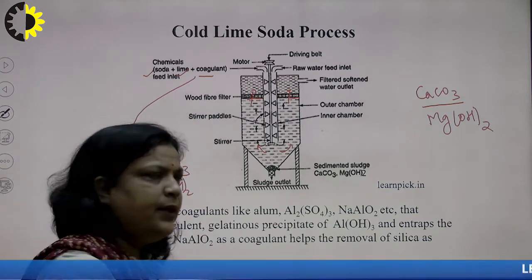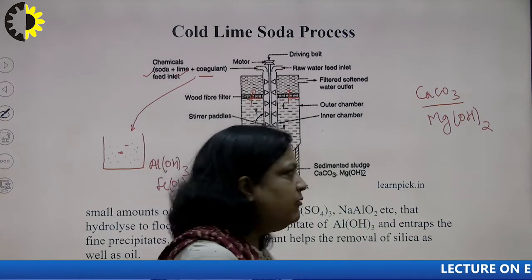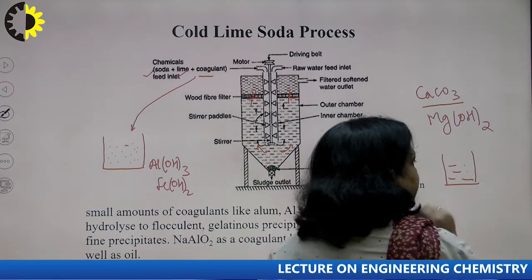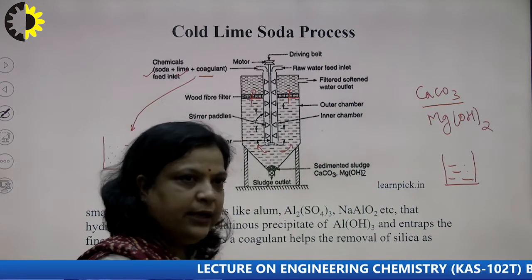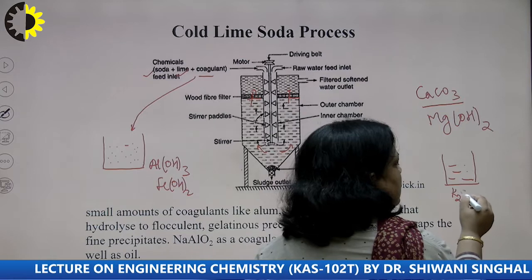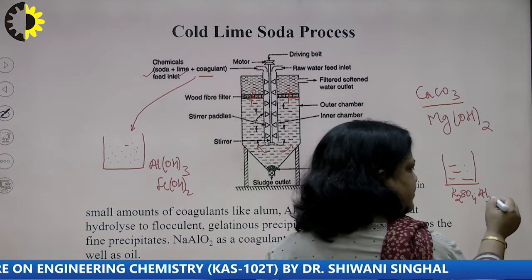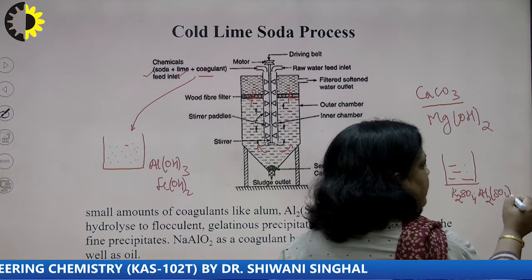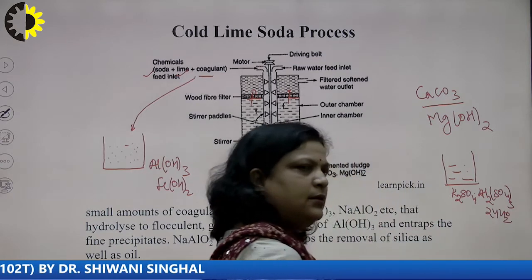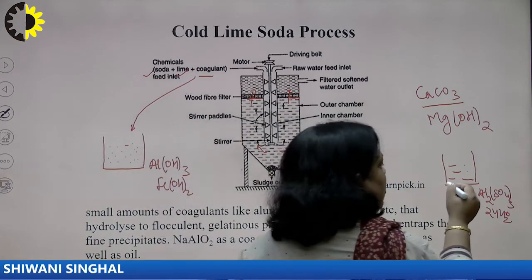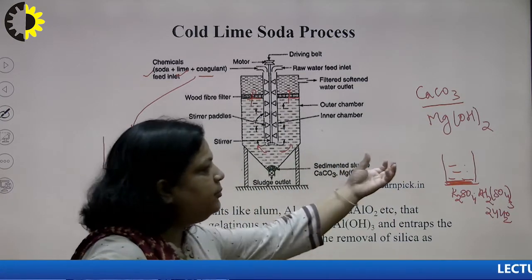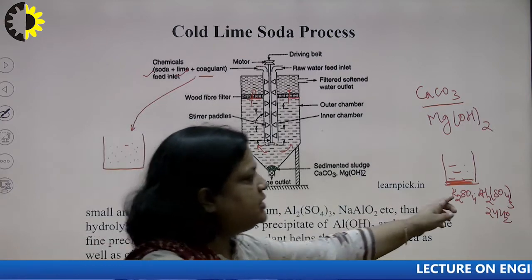A very common example: suppose at home we see that the water is not clean or clear, there are some suspension particles. If we add some Fitkari, meaning alum, alum means K2SO4, Al2(SO4)3, that is aluminum is there, and 24H2O, this is the water of crystallization. Then after some time we see that all the particles get settled down, so they can be easily removed and the water becomes clear. So this is the function of alum or Fitkari.